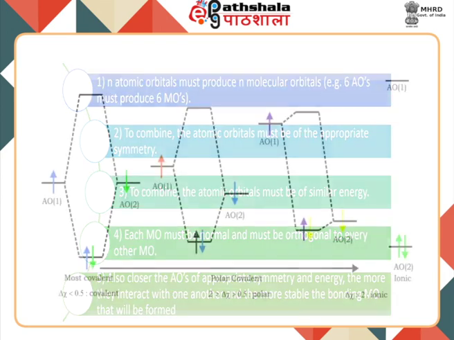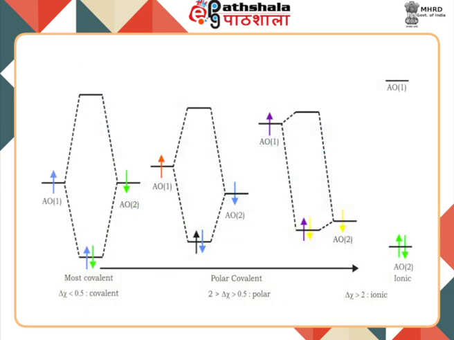It means that as the difference in electronegativity between the two atoms increases, the stabilization provided by the covalent bonding decreases, and the polarity of the bond increases. If the difference in the energy of the orbitals is sufficiently large, then covalent bonding will not stabilize the interaction of the atoms. In that situation, the less electronegative atom will lose an electron to the more electronegative atom, and the two ions